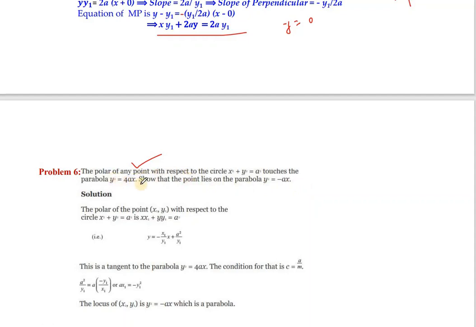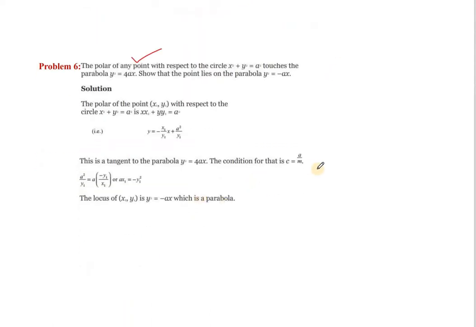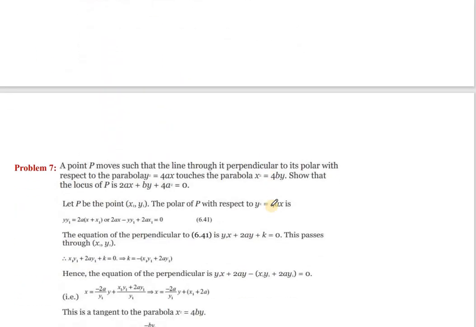So the usual procedure: with respect to this, you have to write out the polar equation and write it in the form y is equal to mx plus c, and the condition for y is equal to mx plus c to be tangent to this is c is equal to a by m. So from which you get an equation which involves x1, y1, dropping the suffix to get the equivalence. The polar of any point x1, y1 with respect to the circle is the line xx1 plus yy1 is equal to a square. Rewrite it, you get this, from which using the condition c is equal to a by m, we arrive at this, and therefore the locus is given by this. So that is what we have.